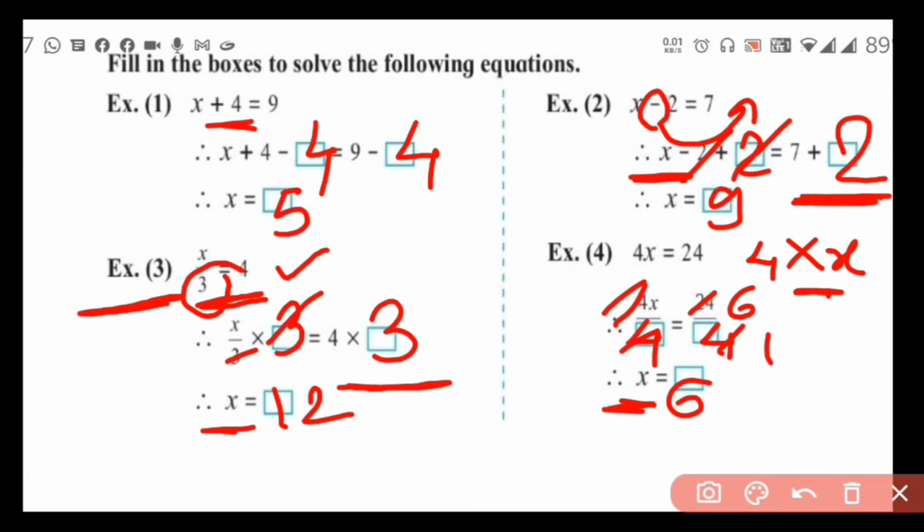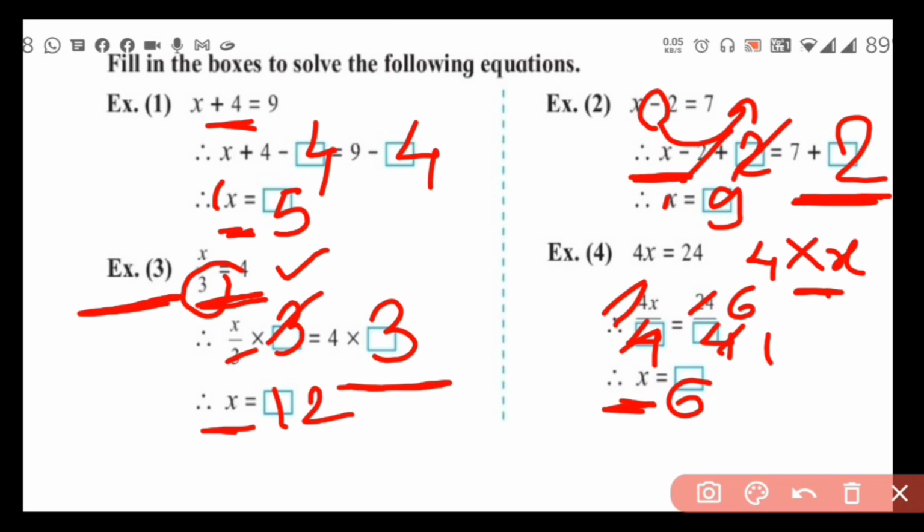To get the value of the variable in the equation, the variable should be a single variable. There should not be any coefficient other than 1. Single x means 1x is there. So there should not be any other coefficient than 1. In the end, there should be only one x, and equal to, on the right hand side there should be any value. Then only we can say that we have solved the equation, we have got the value of the variable.